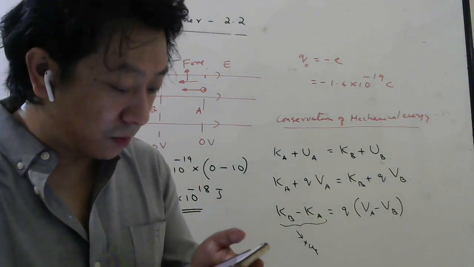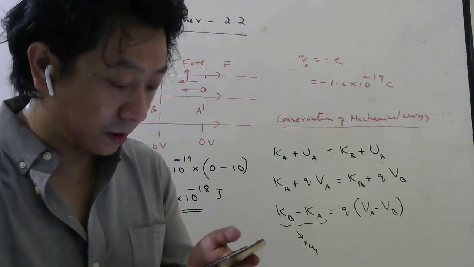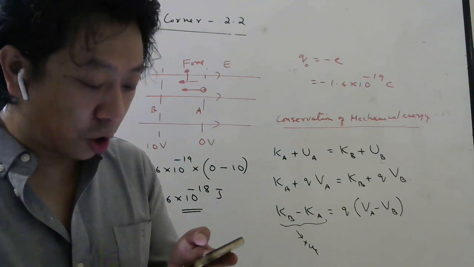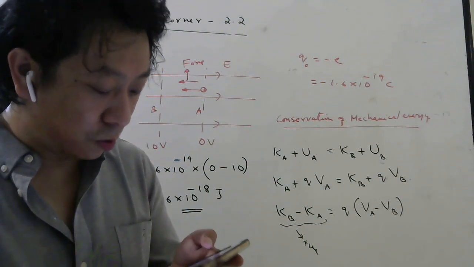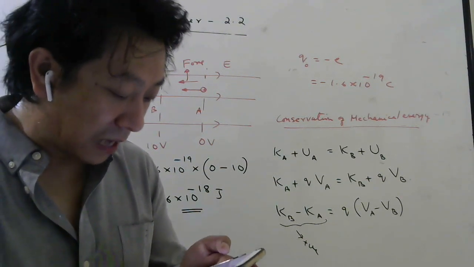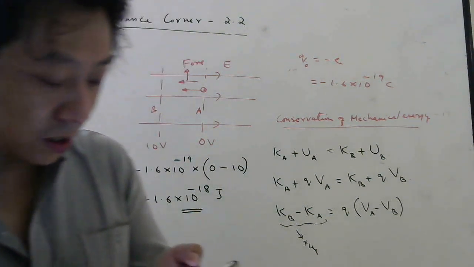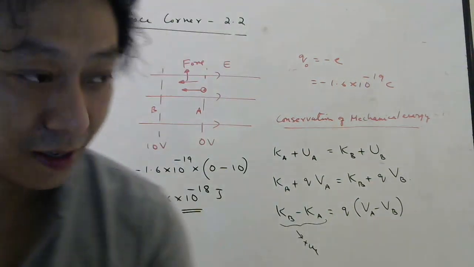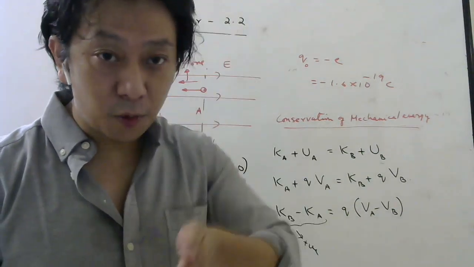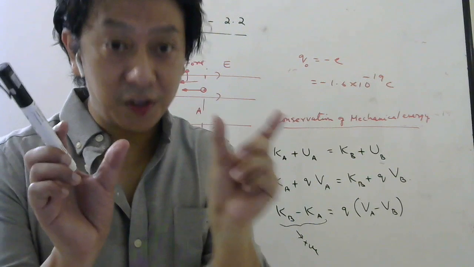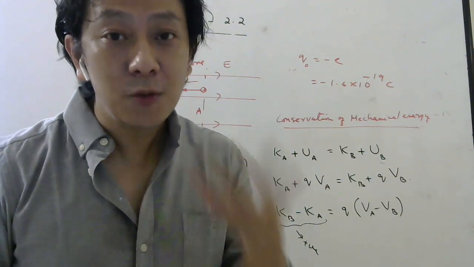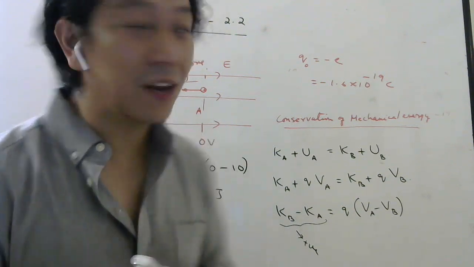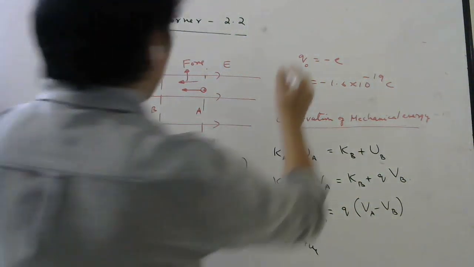Question number 7, the last question of this. The figure shows some equipotential lines distributed in space. A charged object is moved from A to B. Then they are asking in the options, work done in figure 1 is greatest, work done in figure 2 is greatest, like that. So they are moving a charge from one point to another point for the figures. They are asking in which case work done is maximum or minimum or zero, or whether work done is the same.